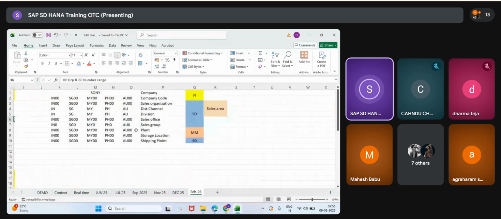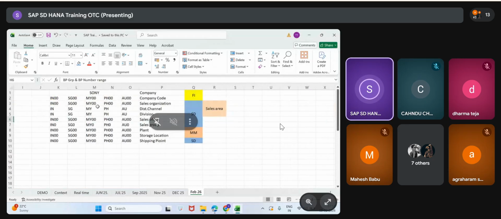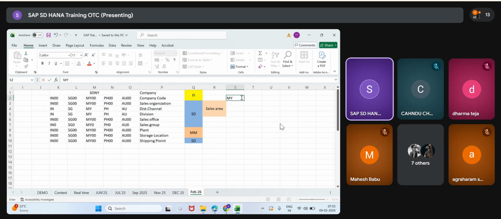So freshly this entire setup, I will take either one of the countries, or I will take any other country also. Many countries are there, right? Myanmar, M100. Whatever country, like that we can take. So Norway, NR00, Turkey, TR00, Israel, IL00, Netherlands, NL00.